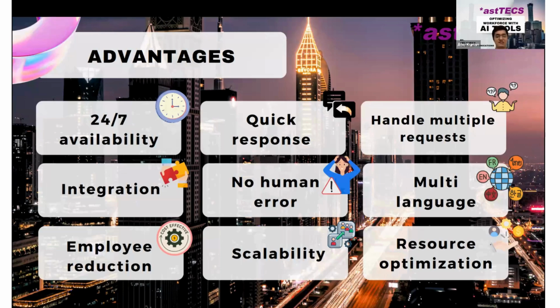So when you have a system in place, the system can handle multiple given requests at the same time. What I mean by this is that a human can handle maybe one chat or two chats at a given time. But when you have a chatbot employed, this single chatbot can handle as many requests as the hardware is configured for. So a good hardware can concurrently handle a huge number of processes, a huge number of chats, and then it would obviously give your customers better satisfaction because they are instantly being